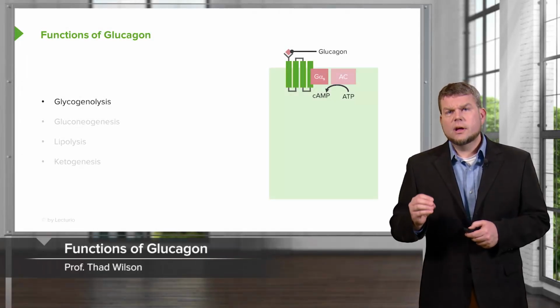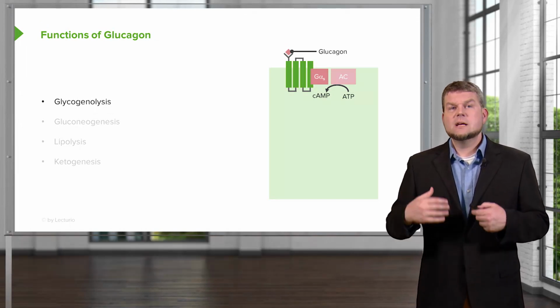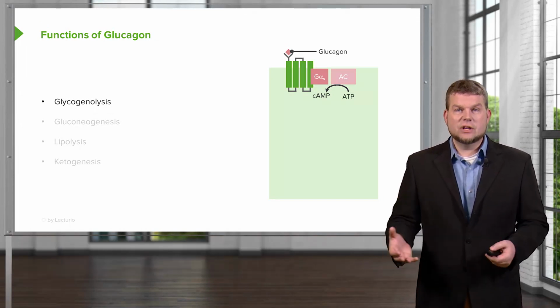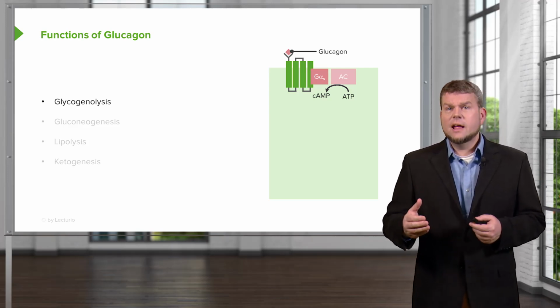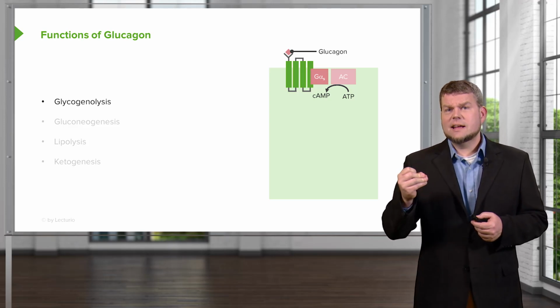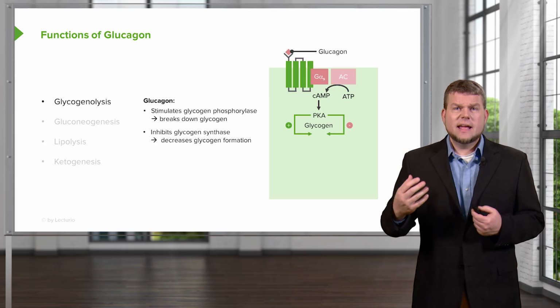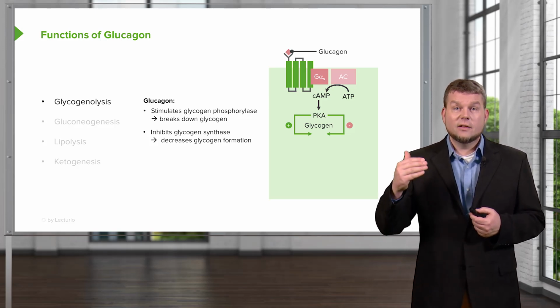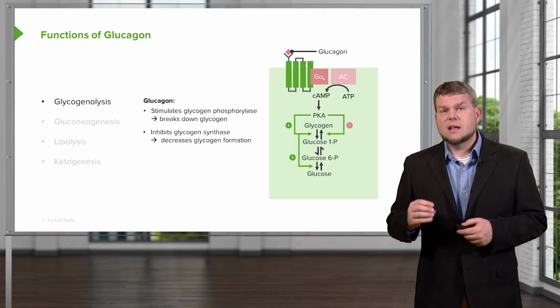Now, what does glucagon do? The functions of glucagon are primarily to break down glycogen. So there's a lot of glycogen stored in places like the liver, and this is one of the stimuli to have it break down. It's done by activating the enzymes which break down glycogen and inhibiting the enzymes that form